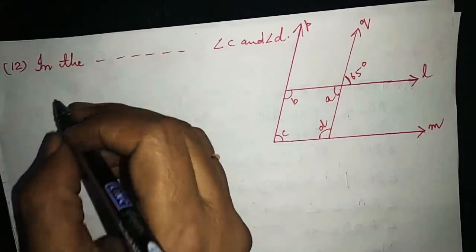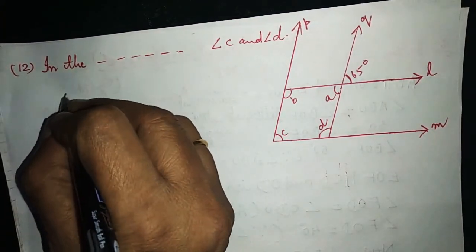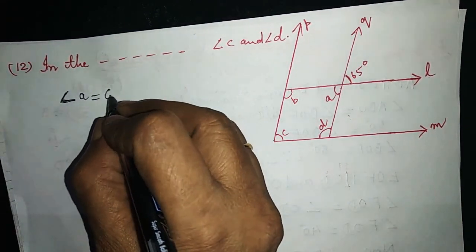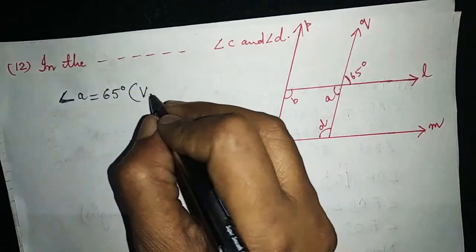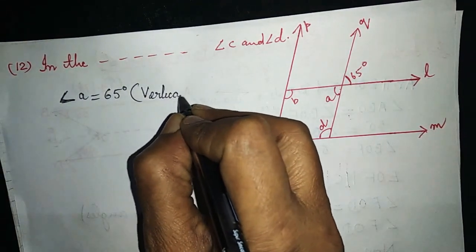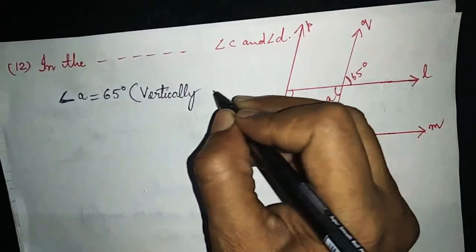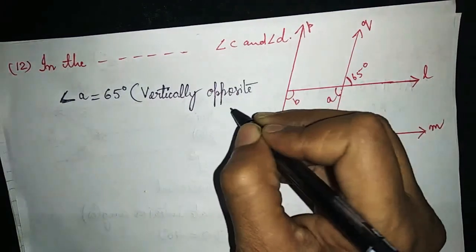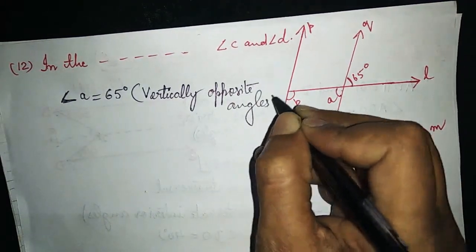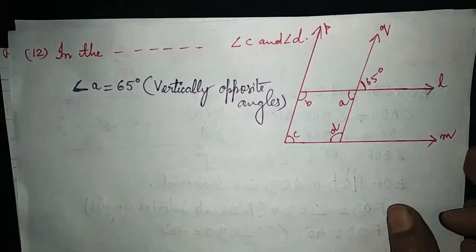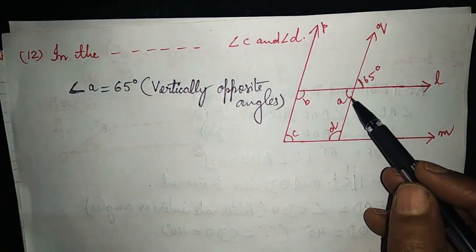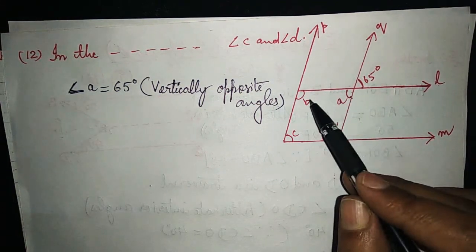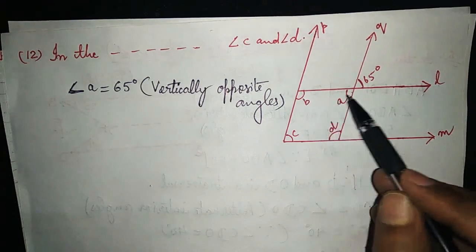Okay. So here we will write angle A is equal to 65 degrees, and in brackets we will write vertically opposite angles. Now after finding the measure of angle A, we can see here that angle A and B, these two angles